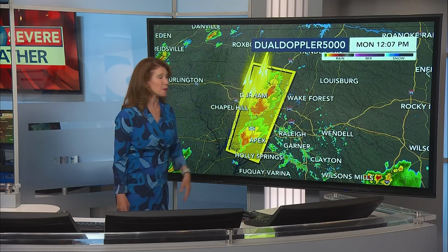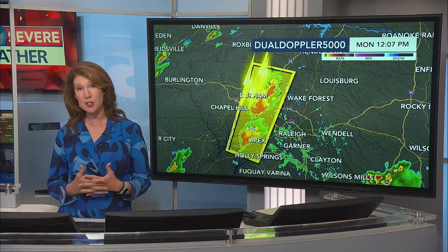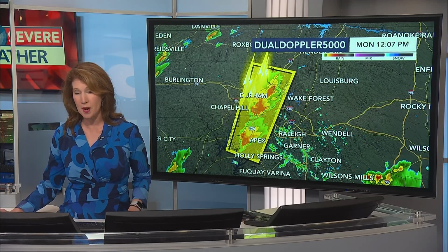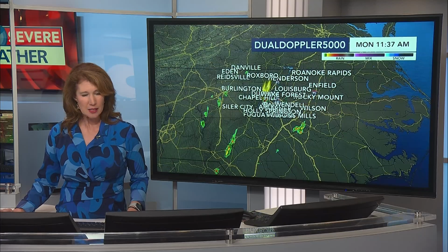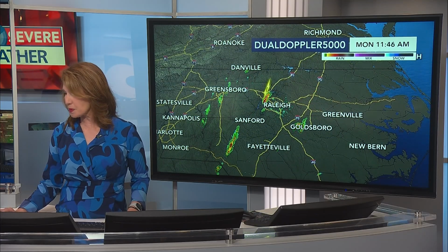So you can see here who's affected by this. We've been picking up hail that would also be severe criteria. We're seeing the potential for 1-inch hail out of the system too. So let's back this out. I'm going to loop this for you again, and you can just sort of see what the big picture is